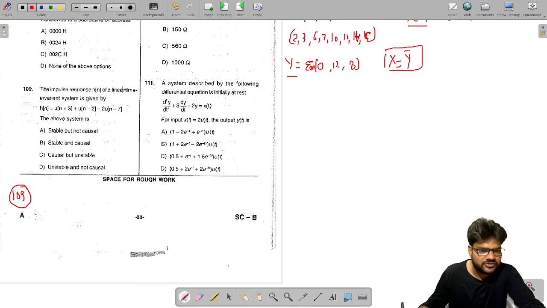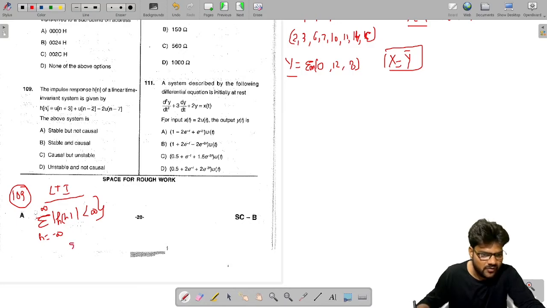So impulse response of LTI system, so the system we are given is LTI and its impulse response we are given. So for stability, this impulse response Hn has to be absolutely summable, means summation n equals minus infinity to infinity mod of Hn has to be less than infinity. Okay. Now if we observe this, this is in terms of step signal, and if we see the sum of coefficients